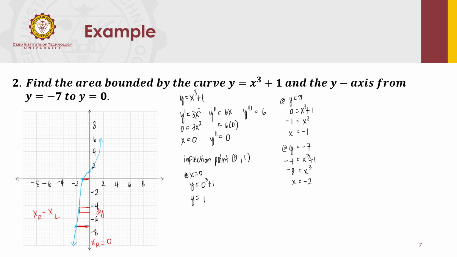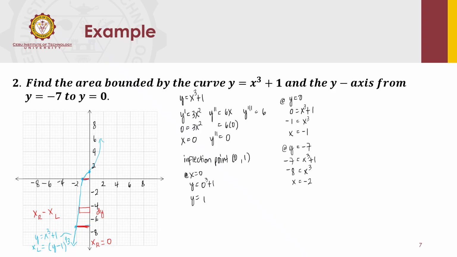So we label it as x sub r equals 0. And this blue curve is y equals x cubed plus 1. Since we'll be using x sub l, we need to solve for x from this equation. So it's going to be the cube root of y minus 1, or that's (y minus 1) raised to the power of 1/3 for the cube root.